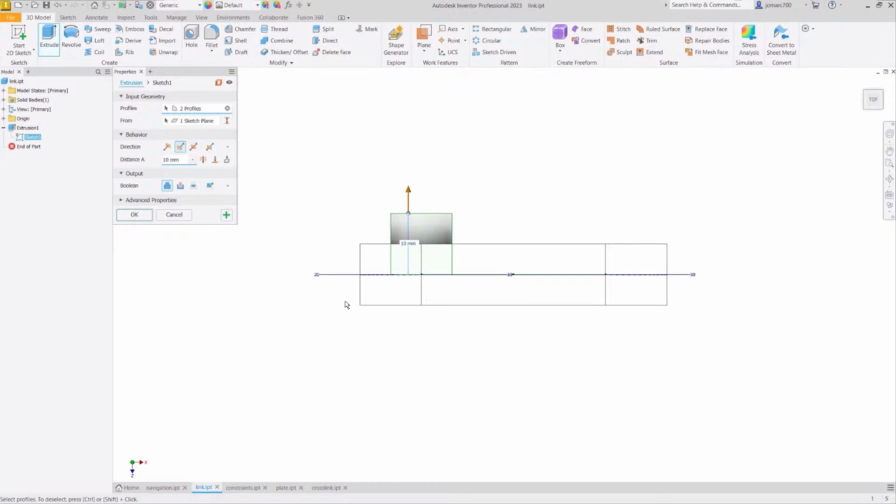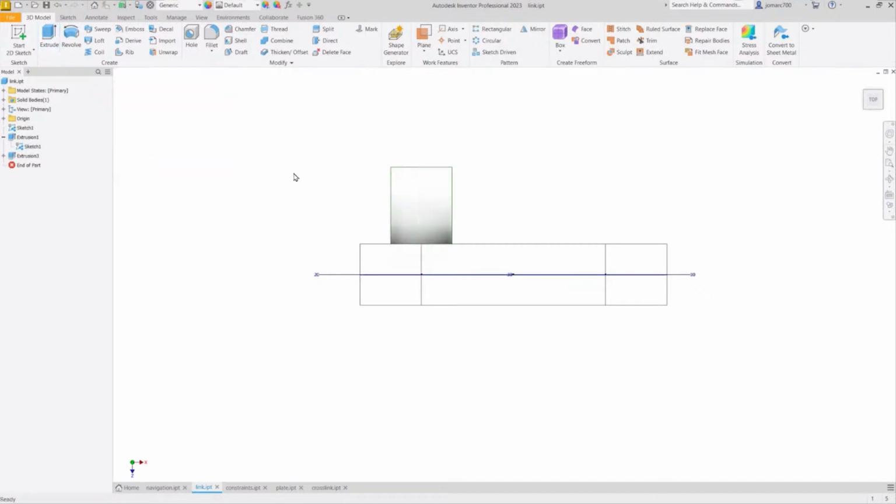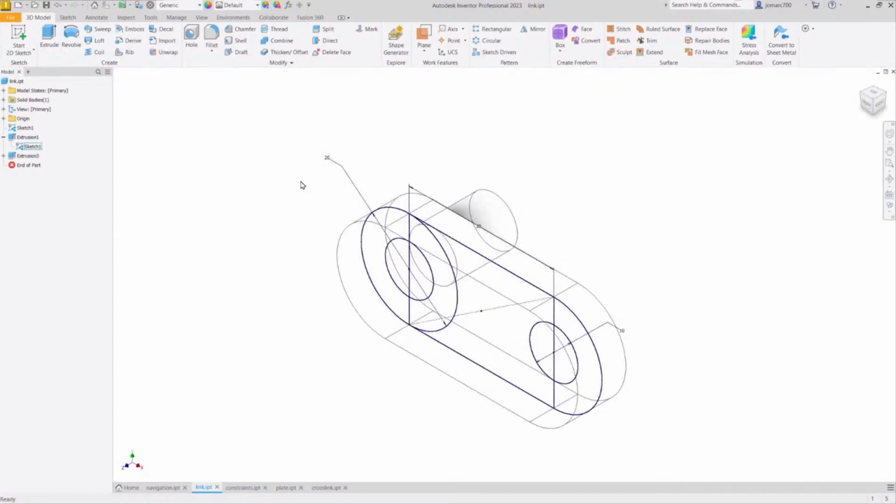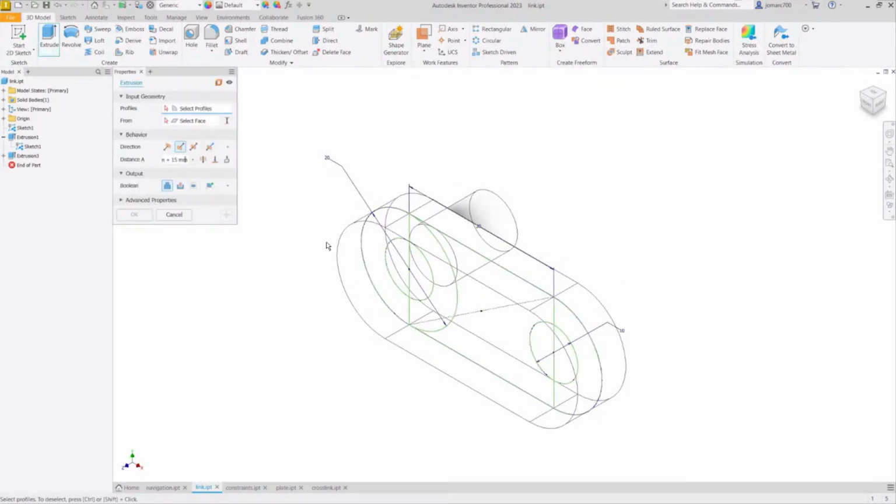Recall that we are also coming from the XY plane. In addition, we can perform mathematical operations in the dialog box. On the 2D drawing, the thickness of the plate is 5. I can type in here 2.5, half of it, plus the required 15 millimeters. Hitting enter. Let's repeat those steps, hitting E for extrude, this time selecting this profile,